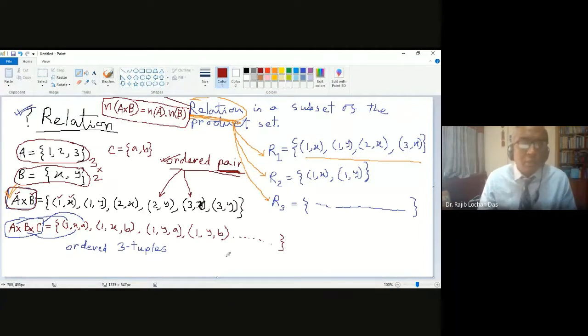So it's like the product rule. We already did this in the permutation and combination chapter, the counting principle chapter. So we know that there will be 6 elements in the product set: 1, 2, 3, 4, 5, 6. 6 pairs, right? In this way, you can count A, B, C also. The same counting process will be there.